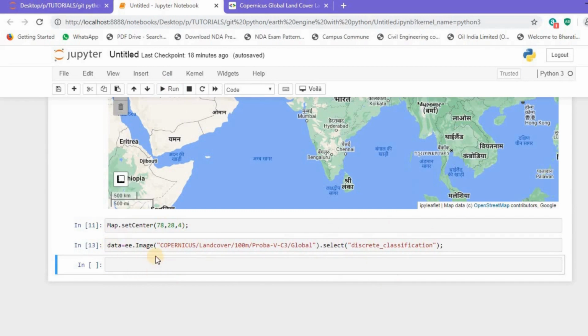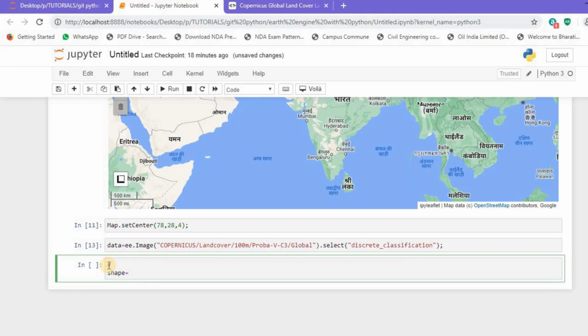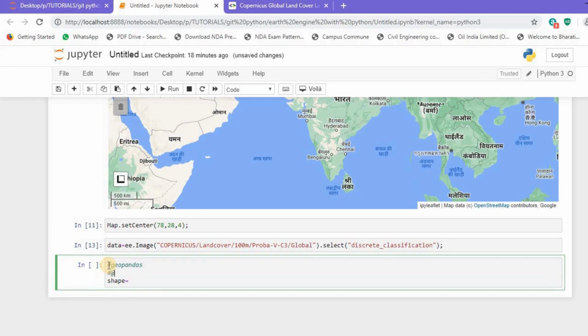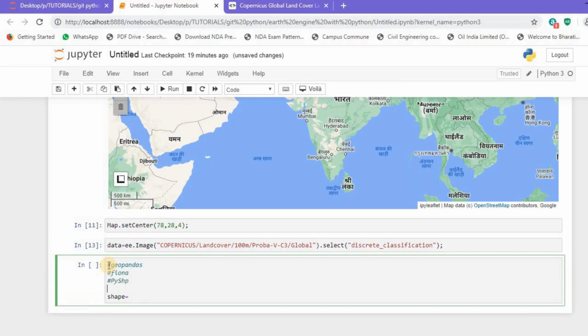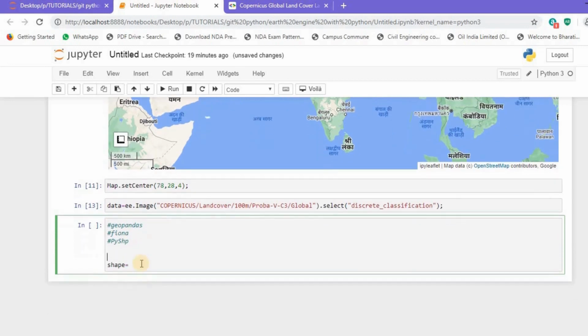But this data contains the information about the whole earth, and we'll require it for the India region. So what we'll do is create a shapefile of India. Let's make a variable shape. That's it. There are particular ways to import a shapefile into Jupyter Notebook, so I'll comment on them over here. You can make use of the very popular GeoPandas. We can make use of the Fiona library, which is also very famous. Then again you can make use of PyShp. So you have various ways to import your shapefile into your Jupyter Notebook.